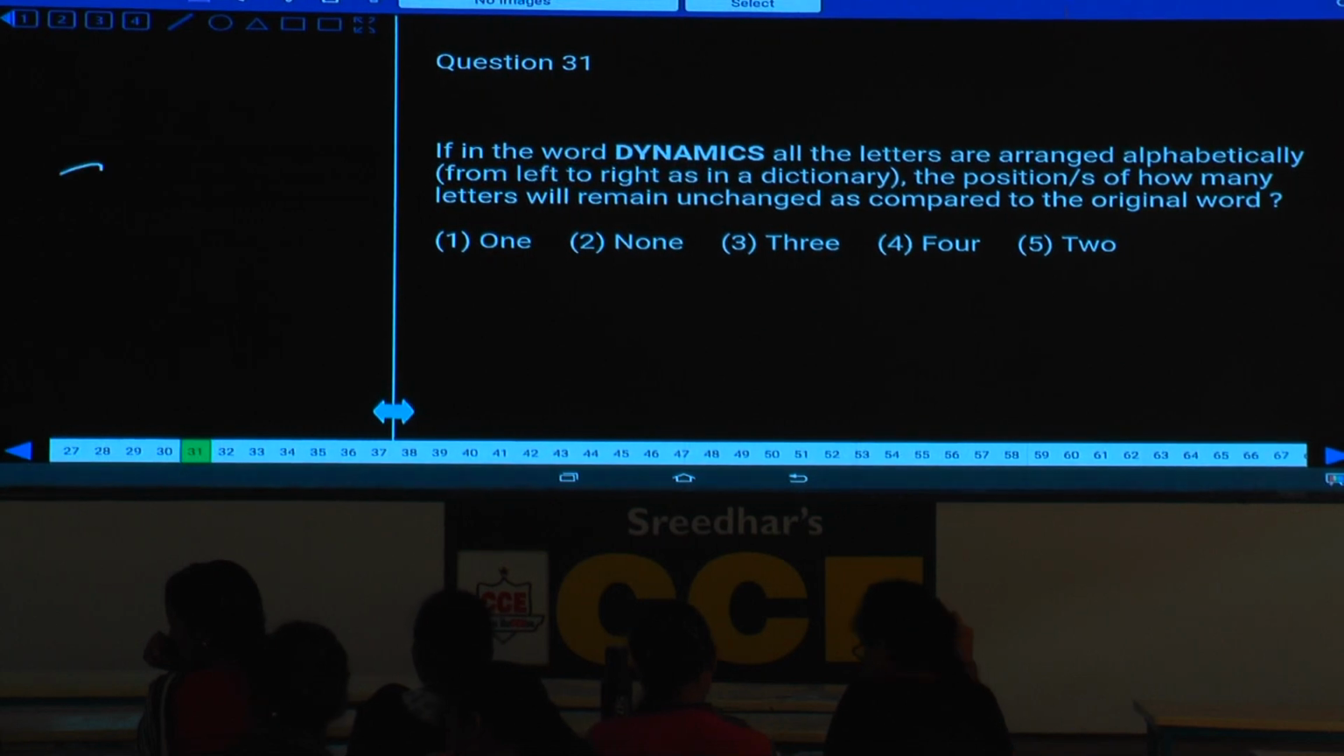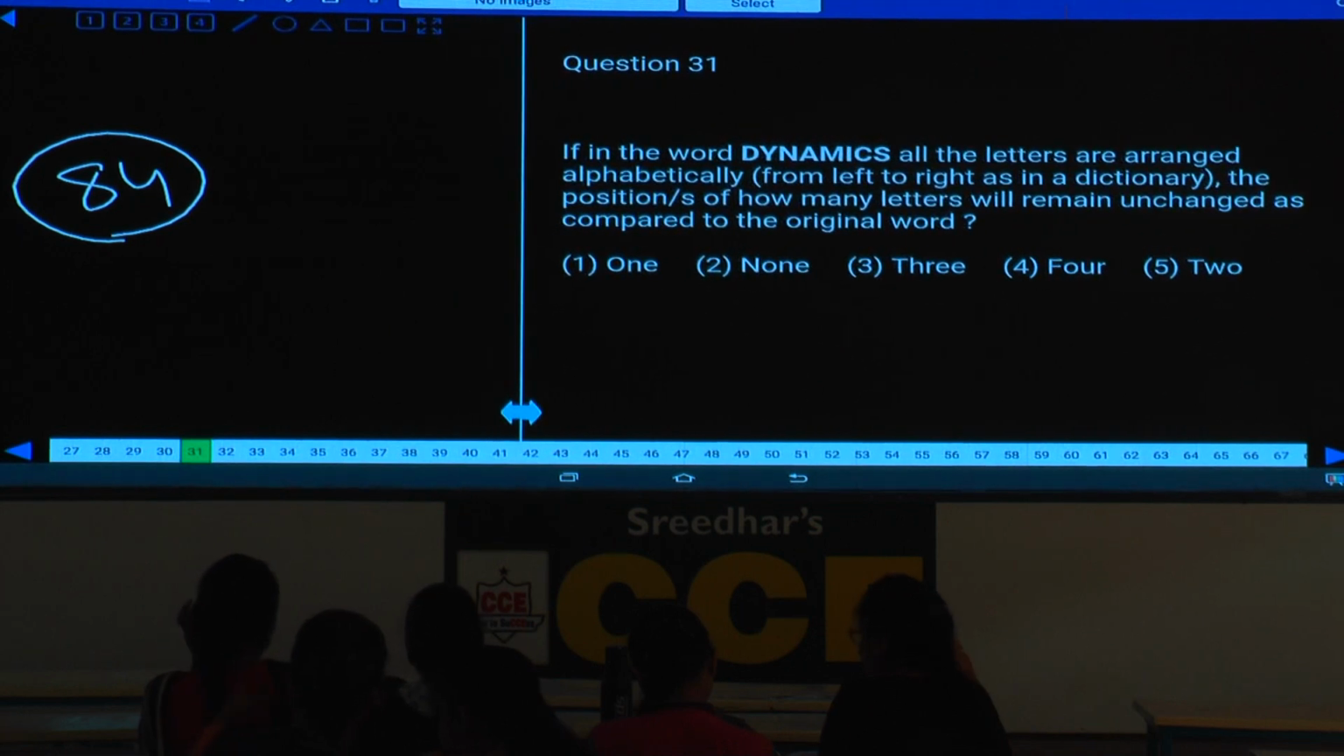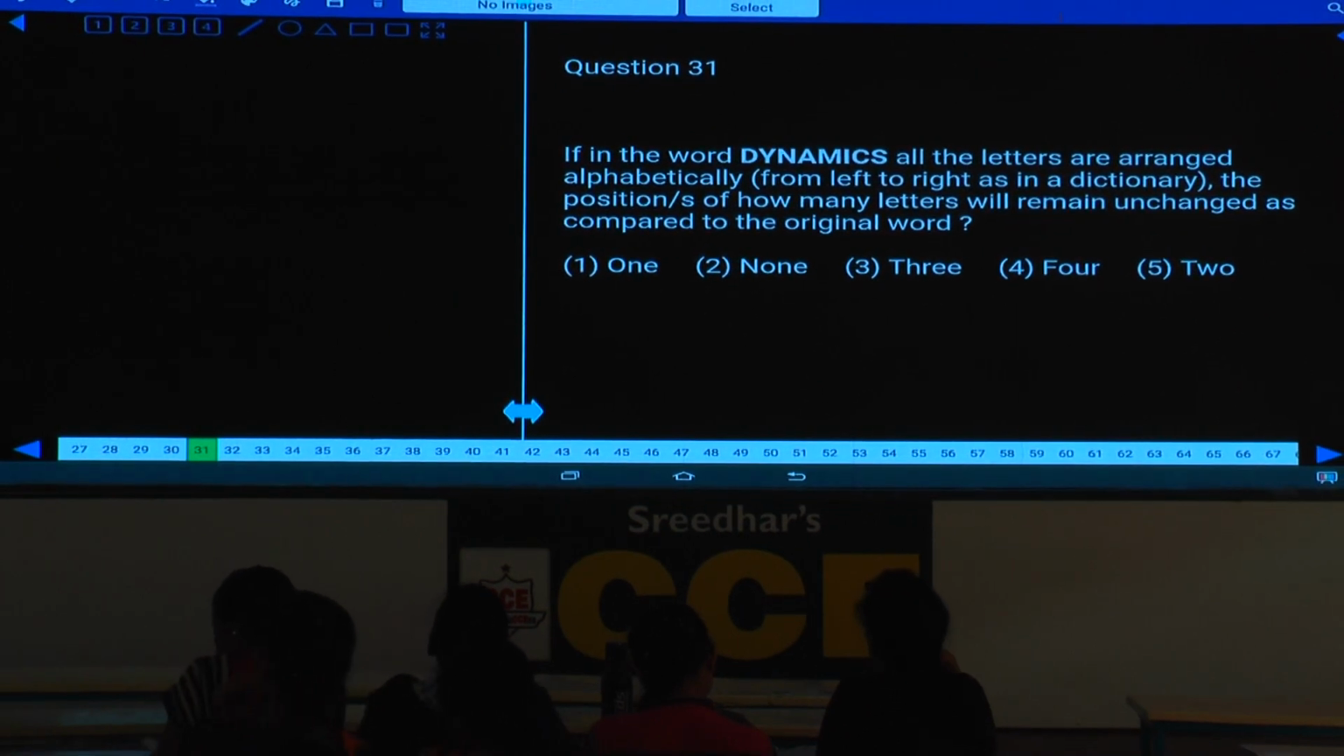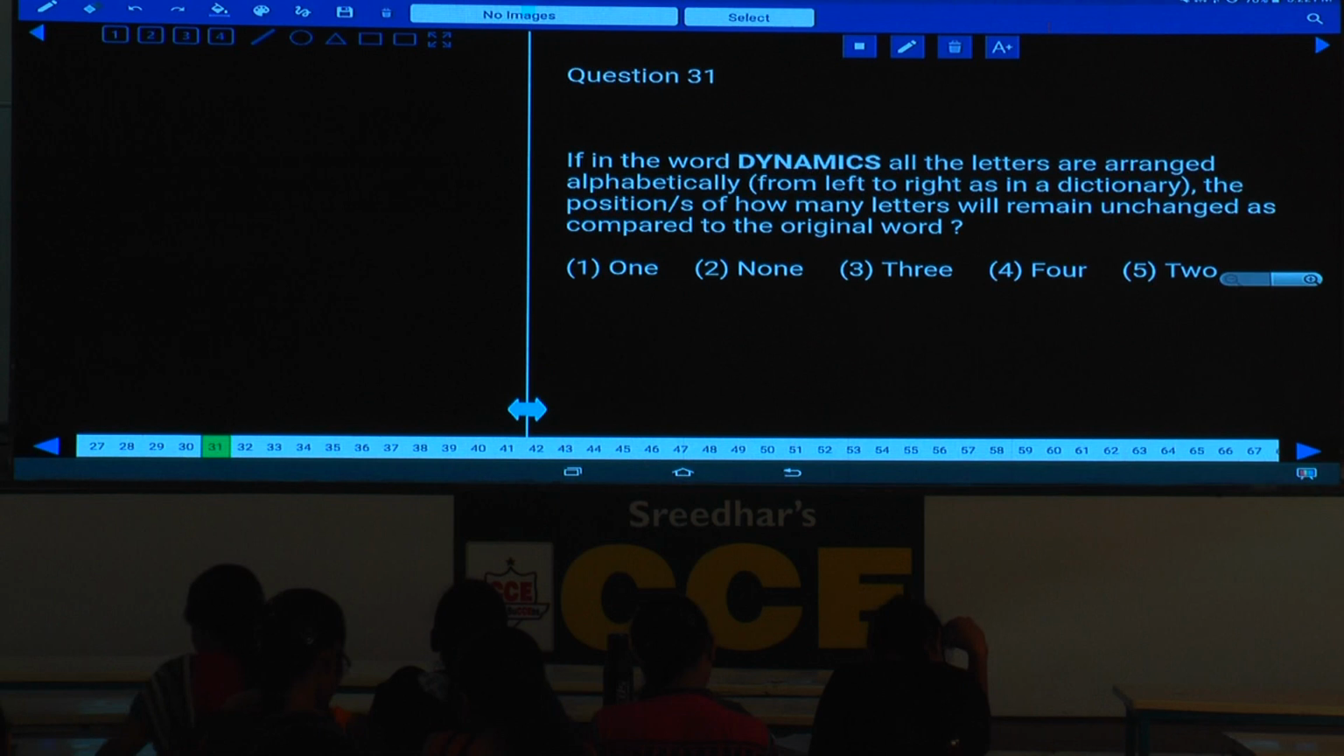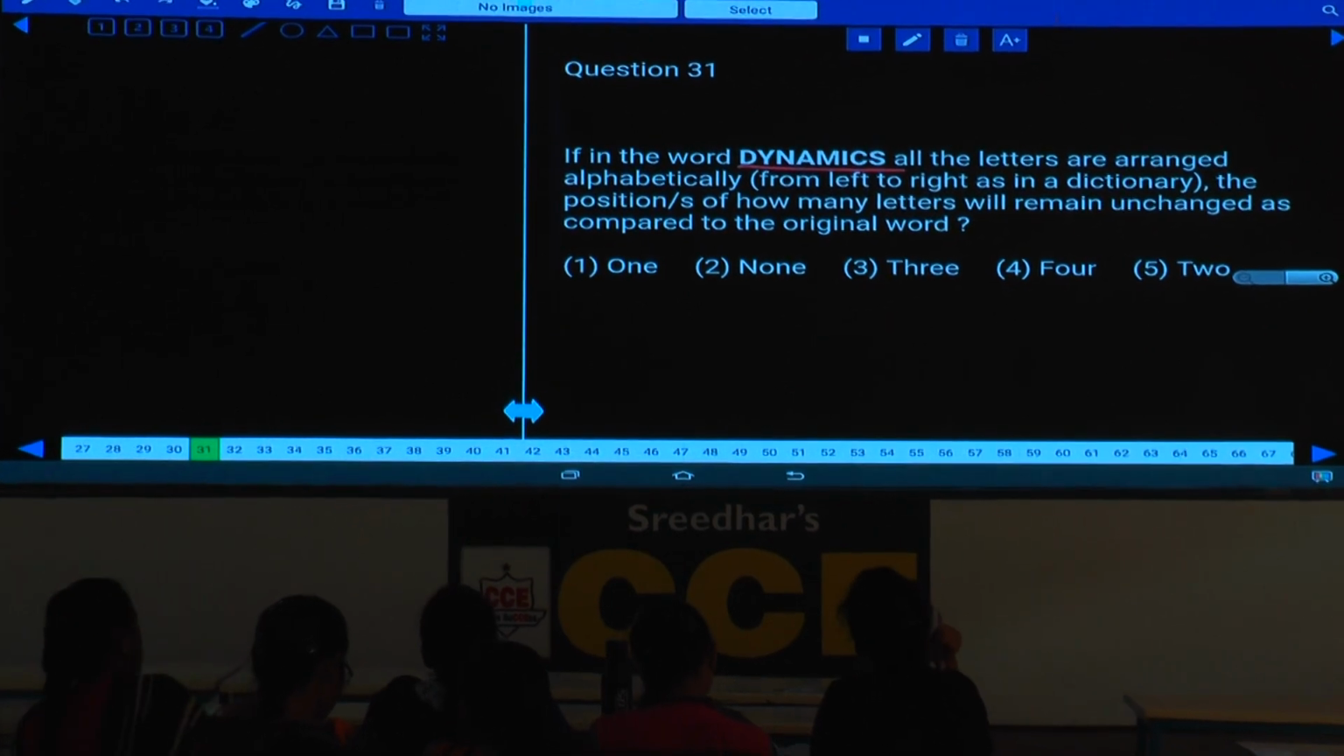Paper number 84, question number 31. Now in the word dynamics, all the letters are arranged in the alphabetical order from left hand side to right